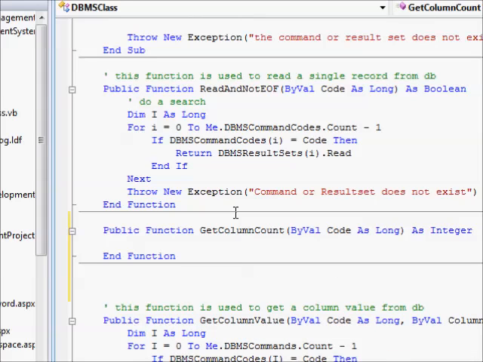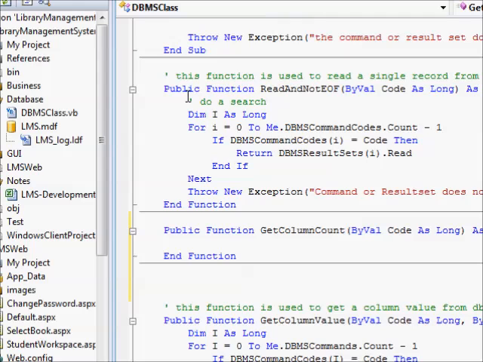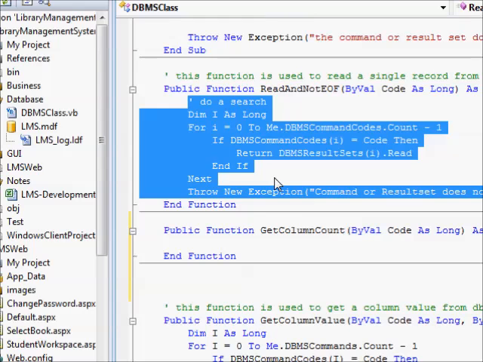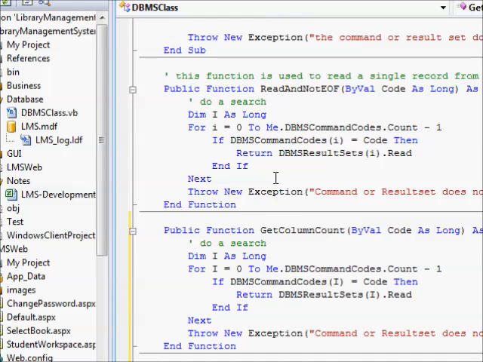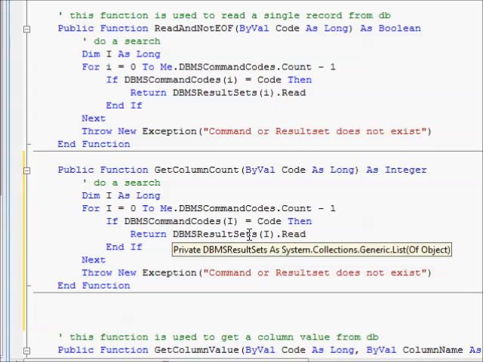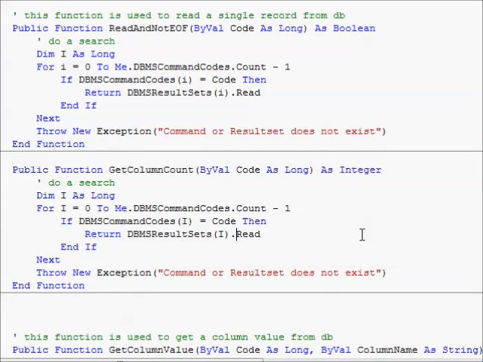So da, da, da, da. Okay, wonderful. So now when we find the column, we just call the record set and